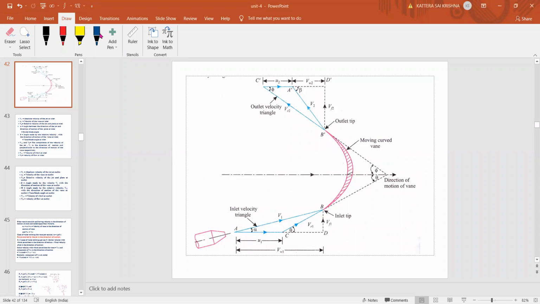VR1 is like this. This is VR1. What we want is the component of this VR1 in the x direction. So what is the angle here? Theta. If this is VR1, what is this? Anybody? This is VR1. I want to resolve it in the horizontal direction, the x direction. What will we get here?